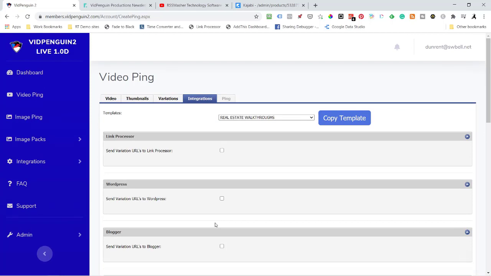So you don't have to worry about a link indexer. We handle all that for you. So I'm going to send all my variations to a link processor. Now, if you have pre-made templates, and all templates are is just saving this setup in